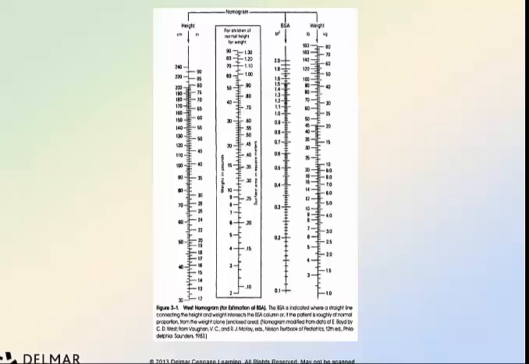One way you could estimate your body surface area is with a nomogram, and this is the West nomogram. What we do is, if we have a person's height, we can go to the height column, and if we have their weight, mark that on the weight column, and then connect those with a straight line. So for example, if I know someone is 60 inches tall,